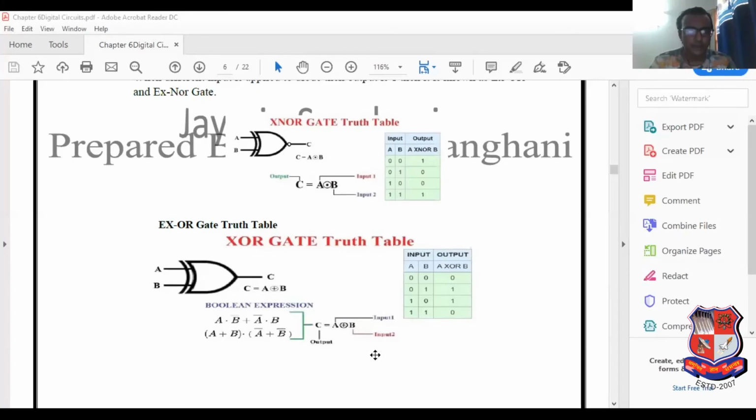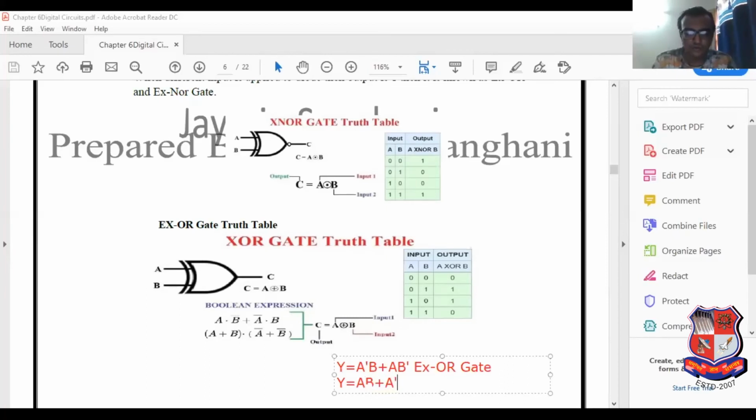What is the equation of XOR gate? I have written here Y equal to, if AB inputs are applied, then A dash B plus A B dash. It is the equation of XOR gate. You have to remember it directly. The derivation of this will be discussed next semester in the subject Digital Electronics. For now, in this semester you only have to remember this. Don't do anything else. And Y equal to AB plus A dash B dash